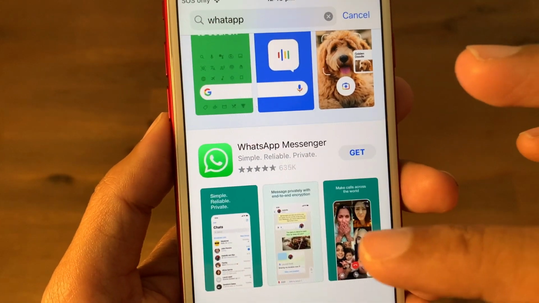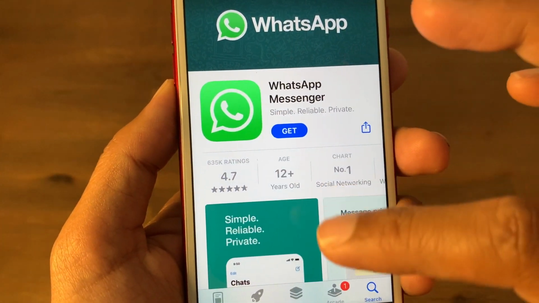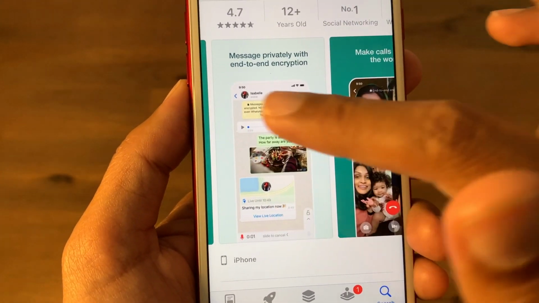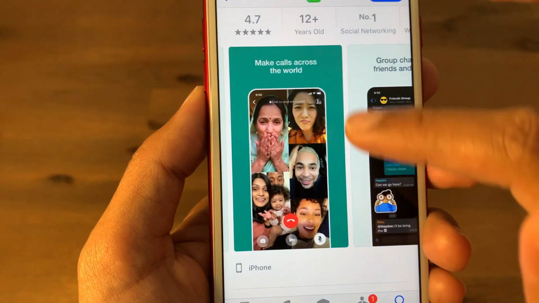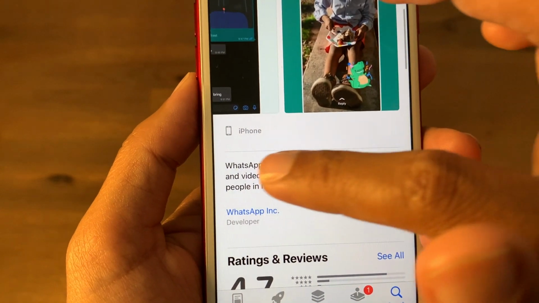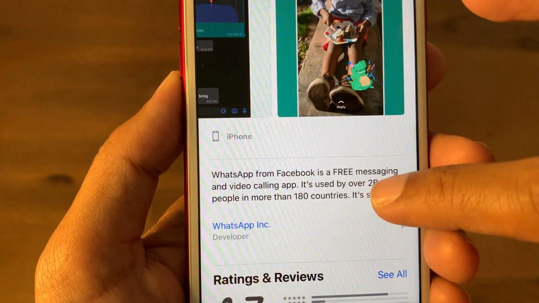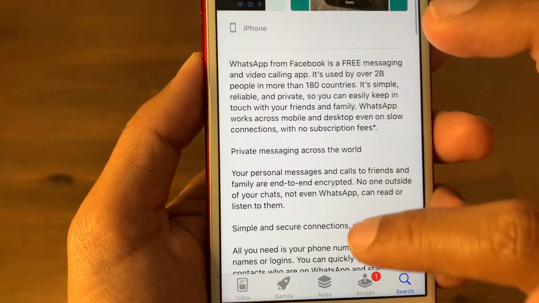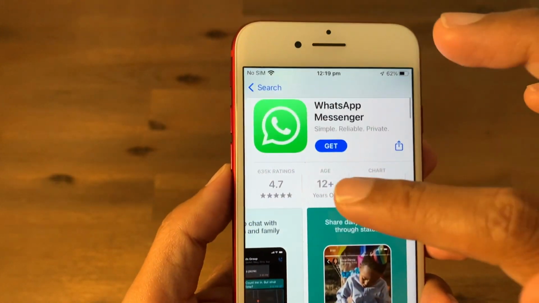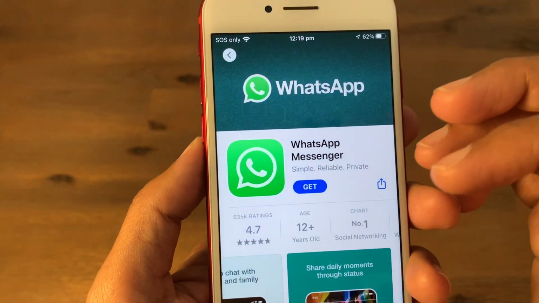But just to absolutely verify, I tap the app name or icon, and I can now get more information. I slide down, it shows me what it's going to look like. And yep, it definitely looks like the WhatsApp my friends are using. It shows me features. And if I go down, I can also read about it. WhatsApp from Facebook is free messaging. And if I press more, I can get more detailed information. Once I've verified that this is definitely the app I want, because everyone's on it and it makes it easier for me to contact them, especially if they're overseas,